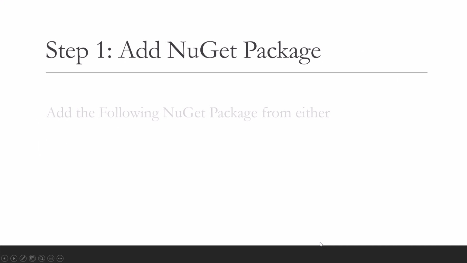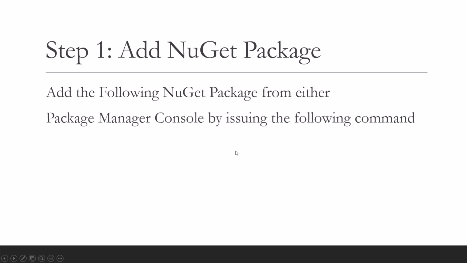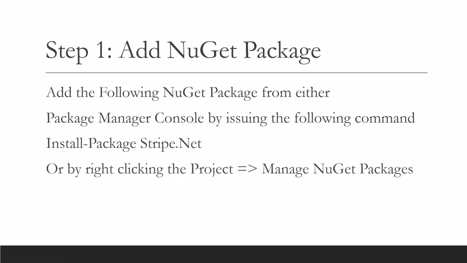So I will briefly tell you the step-by-step process, and as I go through each step, I will actually do the practical thing, start building from where we left off in part 2. So again, please go through the first and the second part if you haven't, because it's entirely built on the tutorial in the first and second part. So first of all, we need to add a NuGet package, and we need to add it through the package manager console by issuing this command. This is the Stripe.net package,